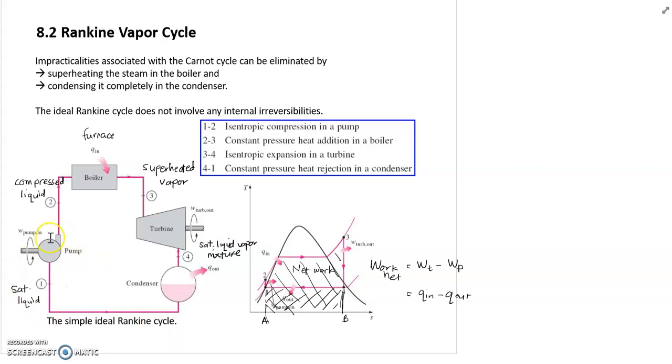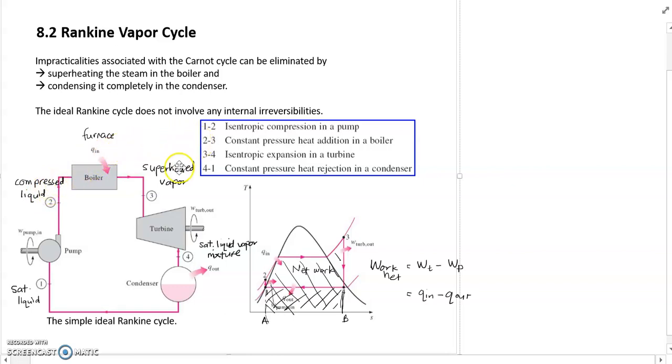So the process starts with the pump, where a saturated liquid enters the pump and is compressed isentropically to the operating pressure of the boiler. Here your water temperature increases somewhat during this process due to a slight decrease in the specific volume of water. So process 2 to 3, your compressed water will enter the boiler as a compressed liquid and